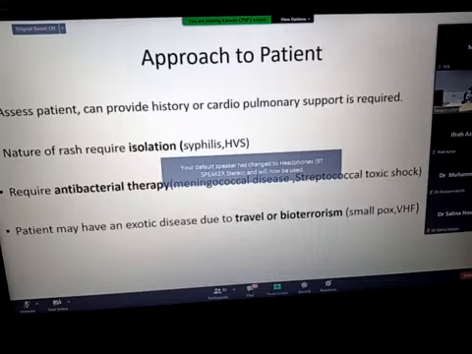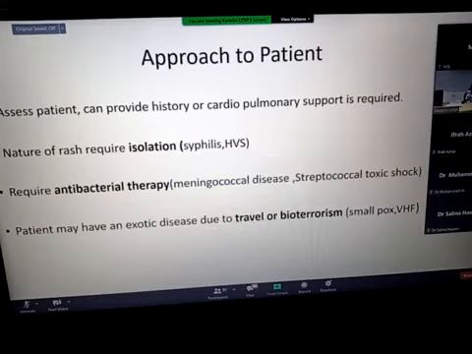Precautions and the transmission based precautions, for example in syphilitic lesions, for example in herpes simplex virus lesions. Thirdly, another thing to take into account is the requirement of antibacterial therapy. For example, in meningococcal disease, we need to give